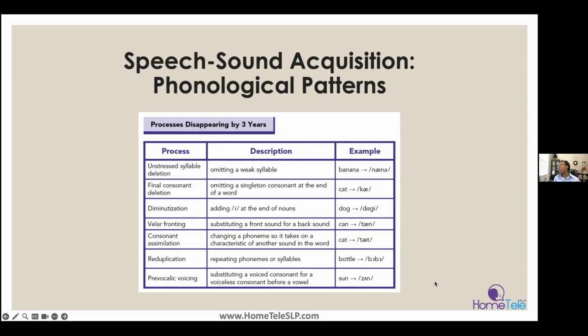So we have a question in the comments. Is this to say omitting or deleting the final consonant at age 4 is okay? So this is to say that these processes that you see in this chart should actually start disappearing by 3 years of age. So at the age of 4, the child should be able to maintain that final consonant from the production of the sound in the beginning of the word to the production of that final consonant at the end of the word. Good question. So if this is a child who is 4 and they're still omitting this sound, this is something that you could make a note of.